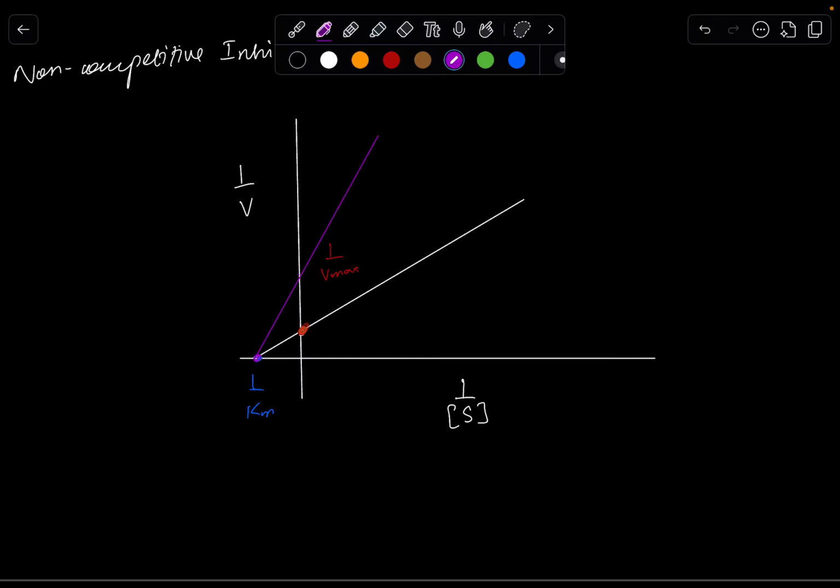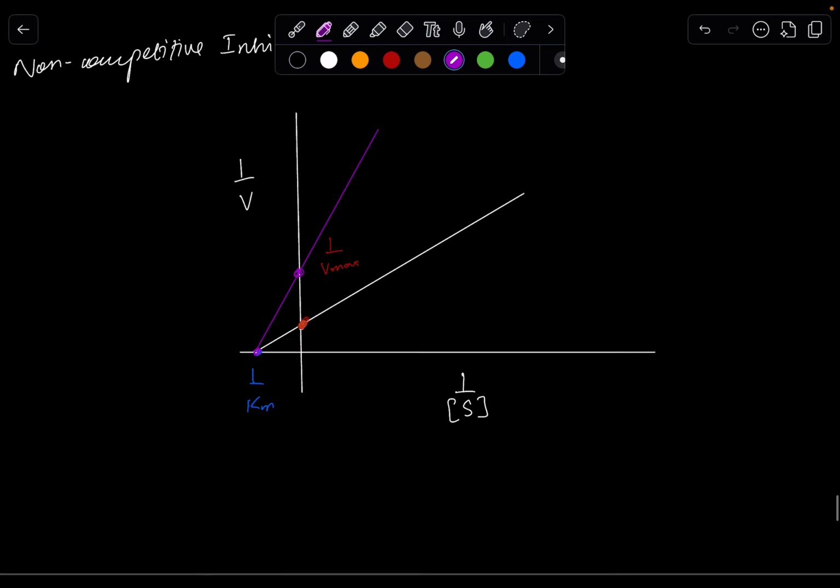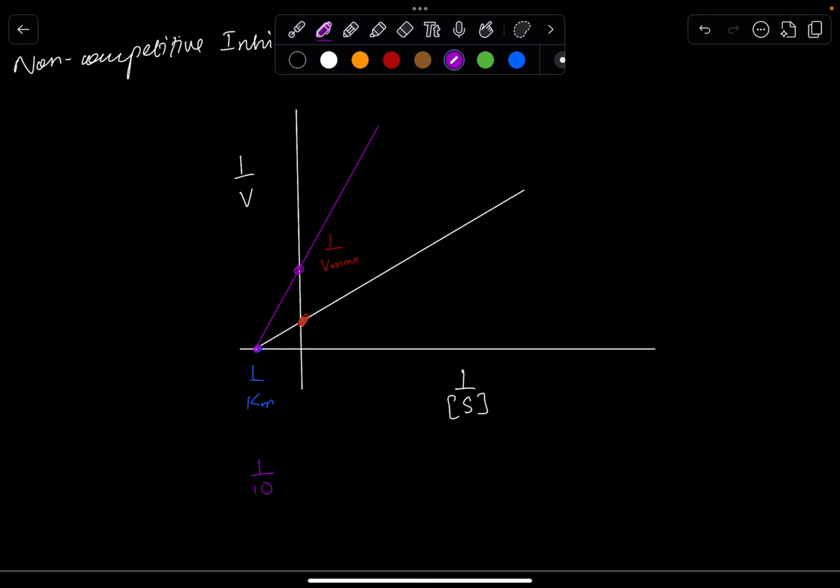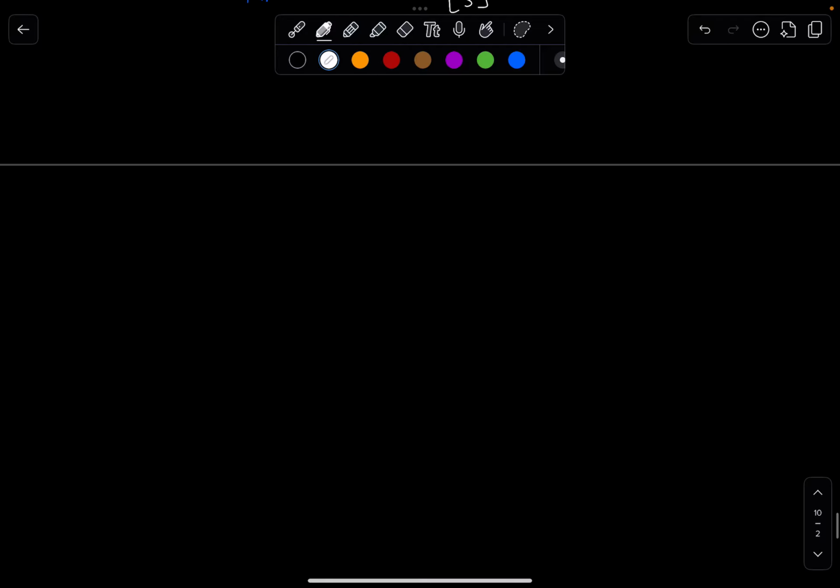What is the Vmax decrease in terms of the reciprocal? Again, same logic, right? 1/10 is a larger number. So if my Vmax was initially 100, I would be closer to my 0, which is this point. But now, because the Vmax has decreased to 10, I will move further away. So my Vmax is right over here. And my Km will remain unchanged. For my uncompetitive inhibitor, because it effectively takes your enzyme out of the equation,